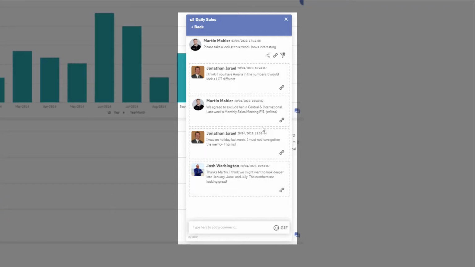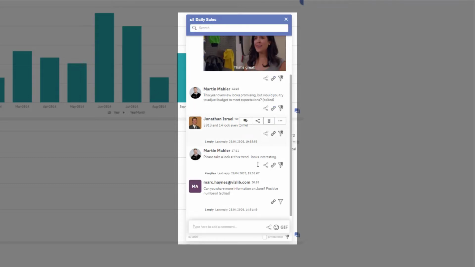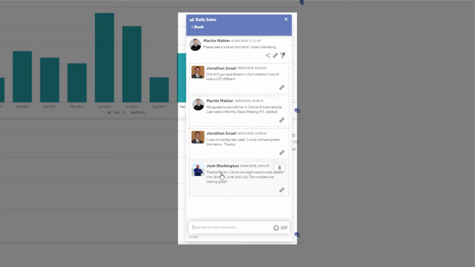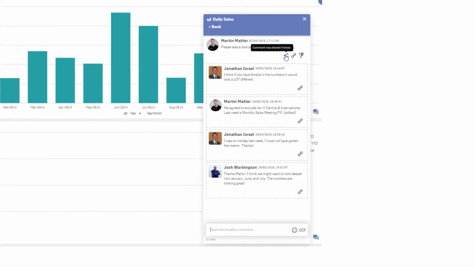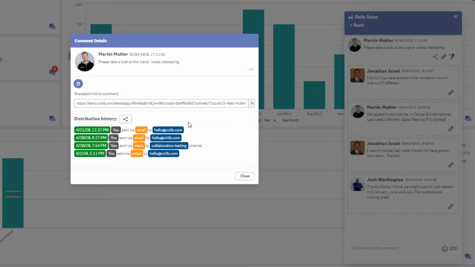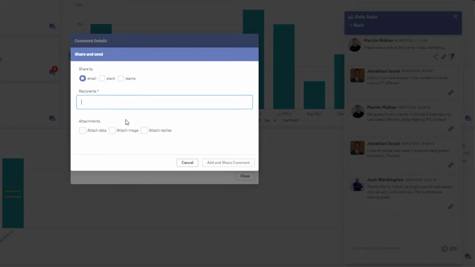So you see in this example a lot of people had a very specific conversation about a selection. Threads are actually very powerful because you can not only use them to have more effective conversations, but you can also share those conversations in one go. So if you click on this shareable button, you can come in here and you can distribute this. If you distribute this via email, let's say to